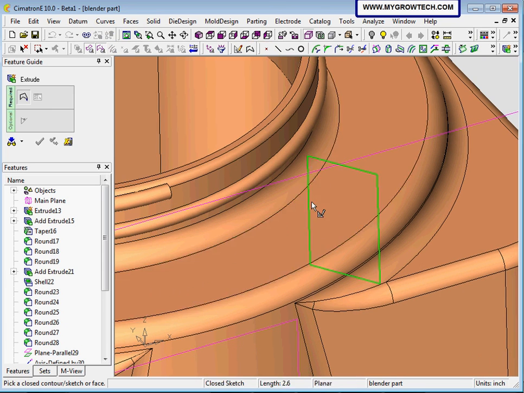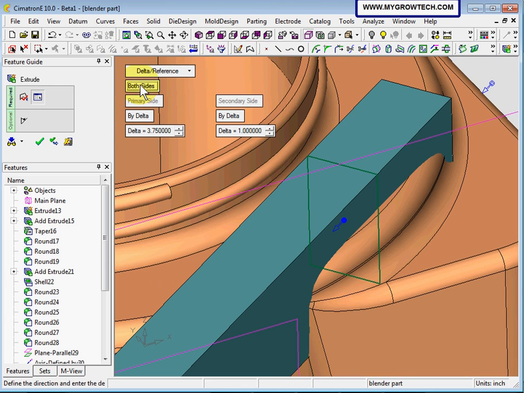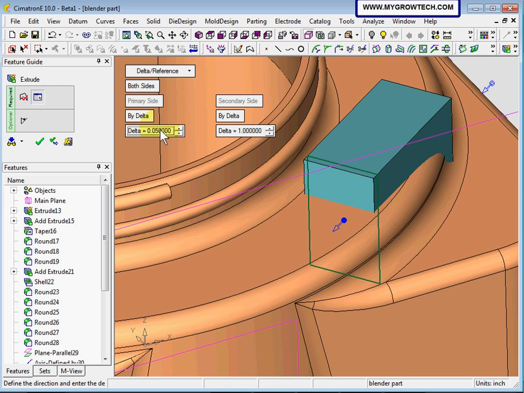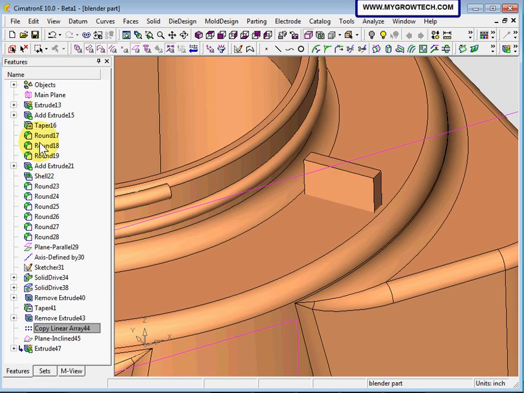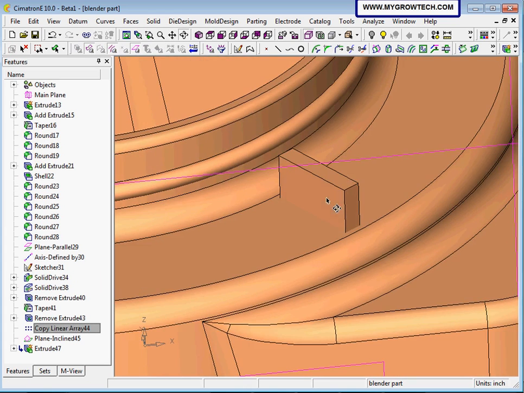I will select this sketch over here and both sides, and each side will be 0.05 and 0.05, and then OK to create this object, a cutter. Later on we're going to use this cutter